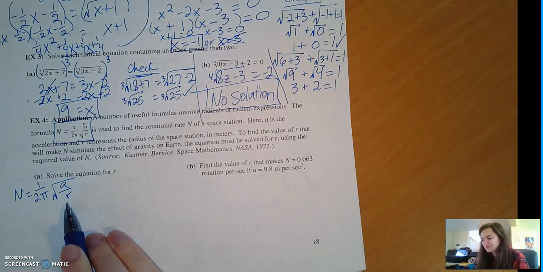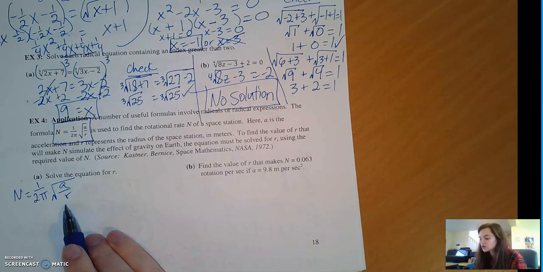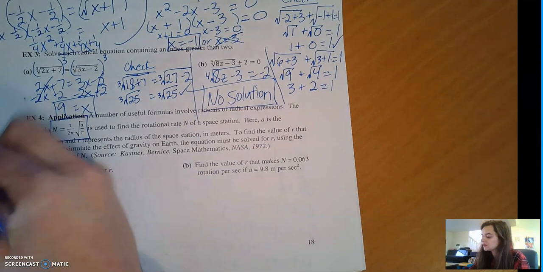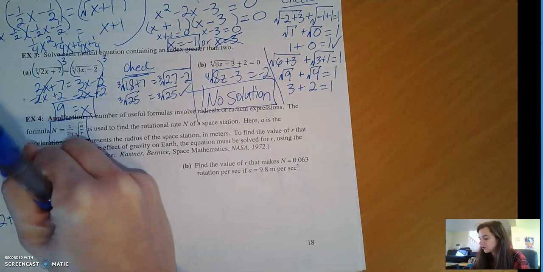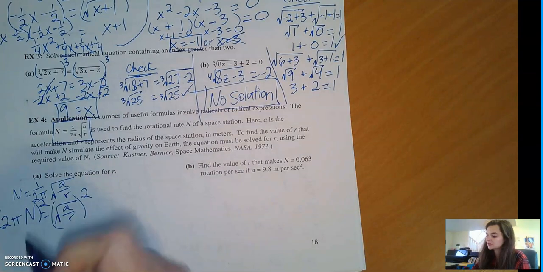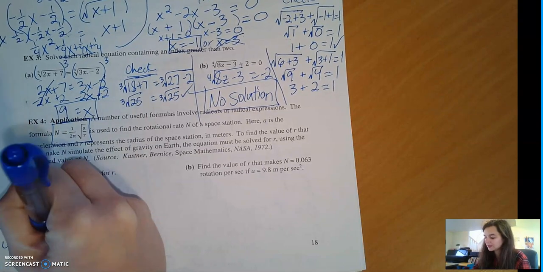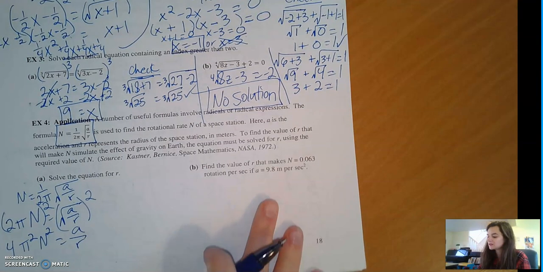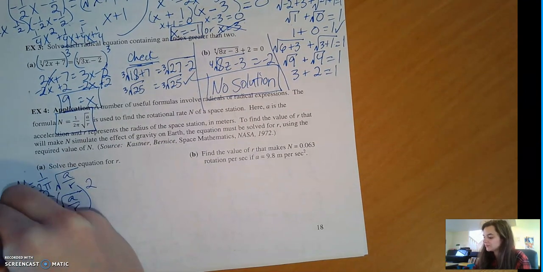First thing is, it's inside of a radical, and we're going to need to get it out of the radical at some point. But the radical is not by itself yet. So what I would do first is get the radical by itself and multiply both sides by 2 pi. So then we'll have 2 pi times n equals the square root of a over r. Then to get rid of the square root, you're going to square both sides. So that's going to look like 2 squared, which is 4, pi squared, and n squared, and then the square root and the squaring undo each other. Then you need to get the r by itself, so I multiply both sides by r, and then you're going to divide by all of this. So 4 pi